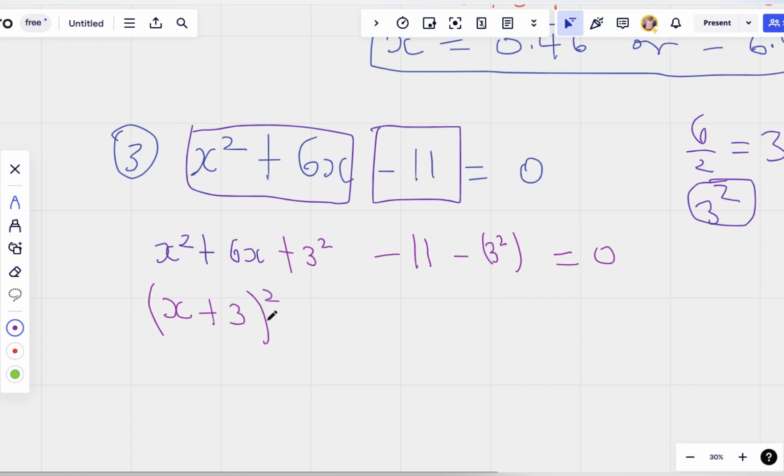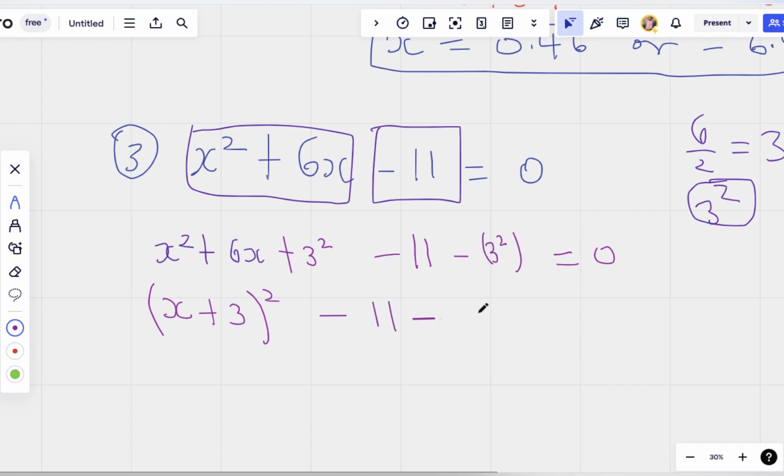If you expand this, you get this back. It's a trick to factorize this. Okay? Then minus 11,